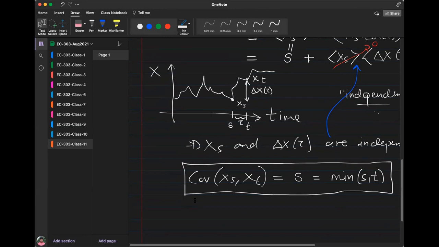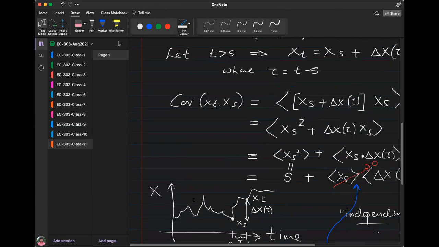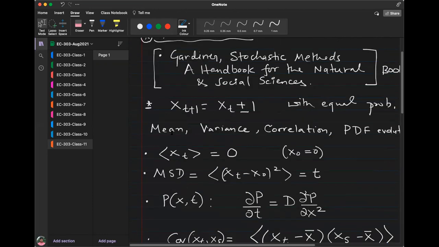Okay. So why did we do this? Because I said that whenever we have a stochastic process, think of these 4 quantities, and we had done 3 of them, but we had not done the correlation. So I have just done that.